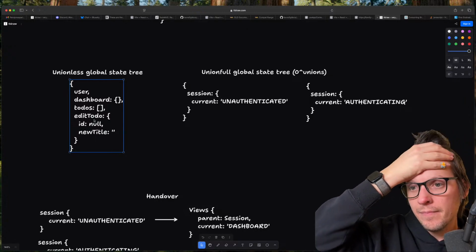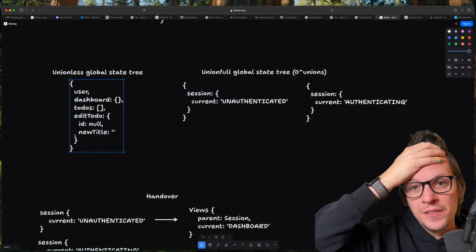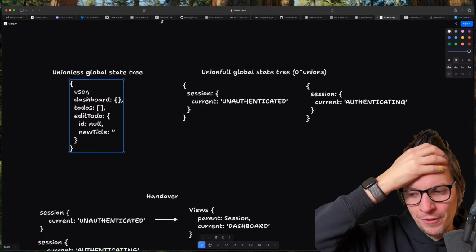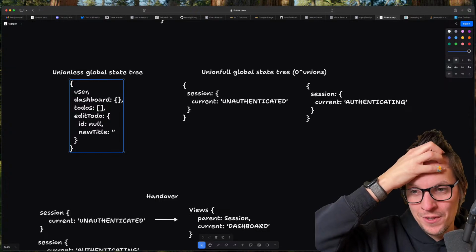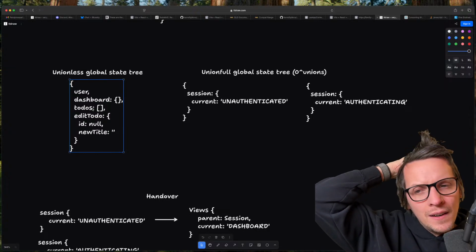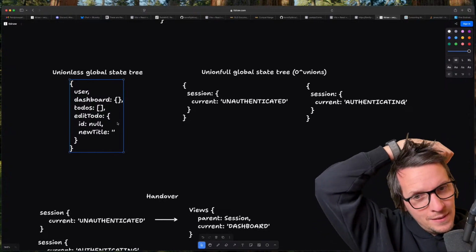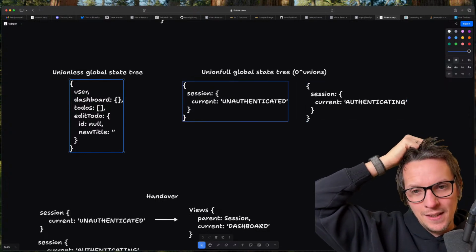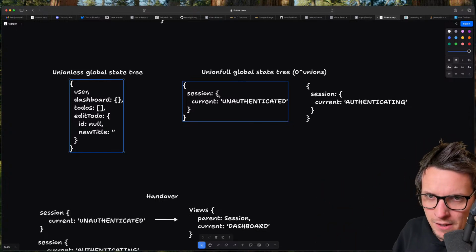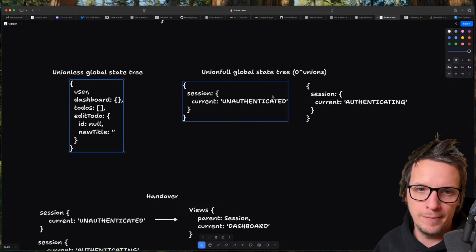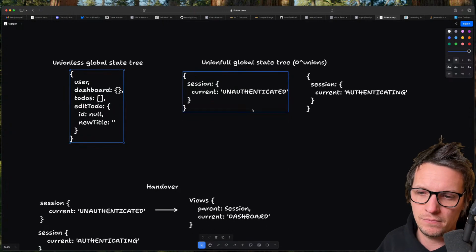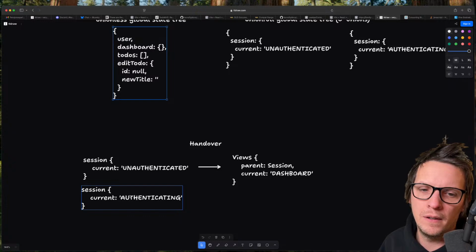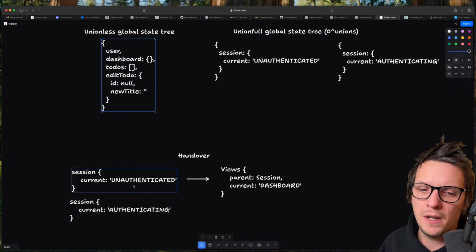But it isn't correct. It doesn't represent the true nature of your app because you don't necessarily always have a user. In this case, this is a better representation. Your app can actually be in different states, like your whole freaking tree. It's like parallel universes. But it's a much more complex mental model. And then you have this thing, which I kind of think